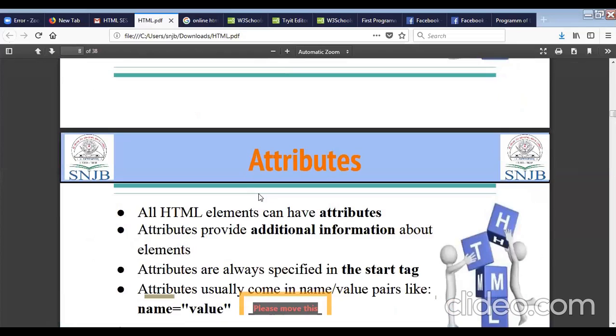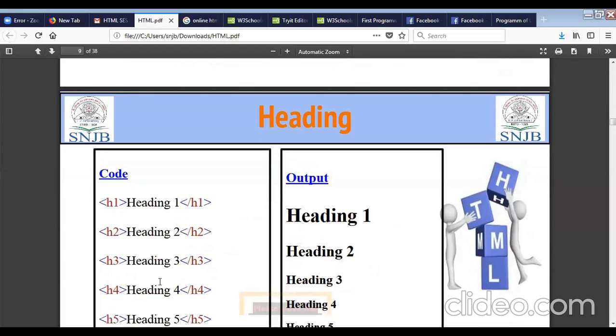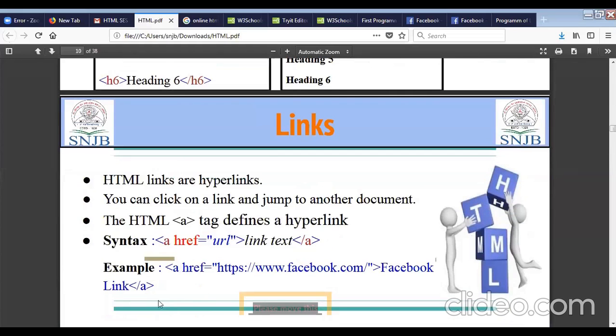Then syntax of it. Then what are the attributes in HTML. Then heading tag we have seen. Then next point is link. For adding a link we will require the anchor tag, and in that anchor tag you can give the reference.